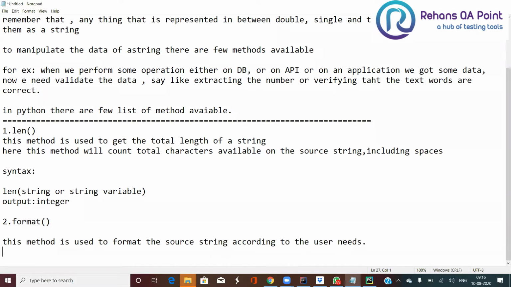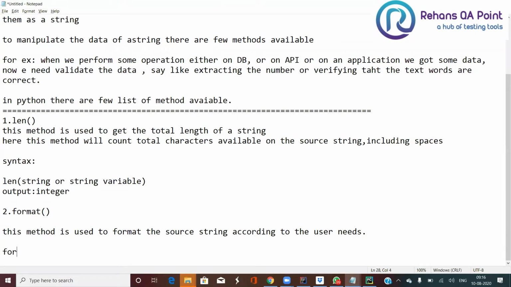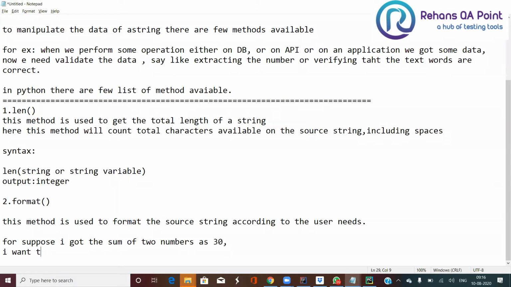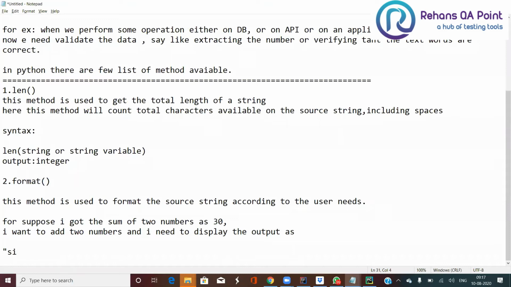So suppose I got the sum of two numbers as 30. Okay, so now I want to add two numbers, and I need to display the output as "sum of two numbers is" plus the output.